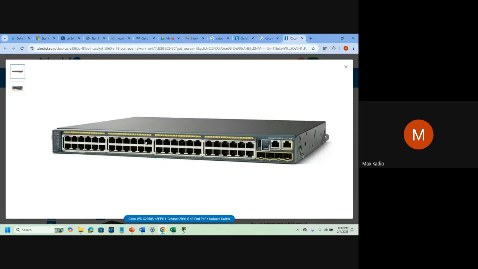So each port represents a PC, because you connect the port to a PC. This switch can connect 12 plus 12 plus 12 plus 12, so 48 PCs. All this equipment we will study properly at the CCNA level. For now, it's to give you an idea, to prepare you, that's all.